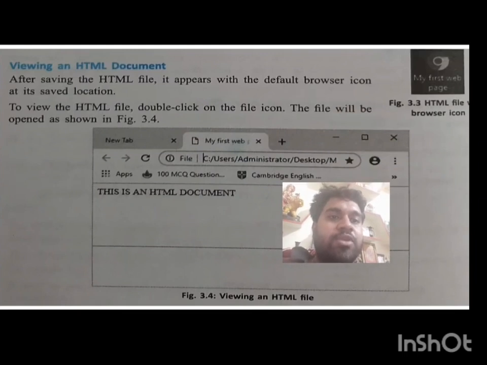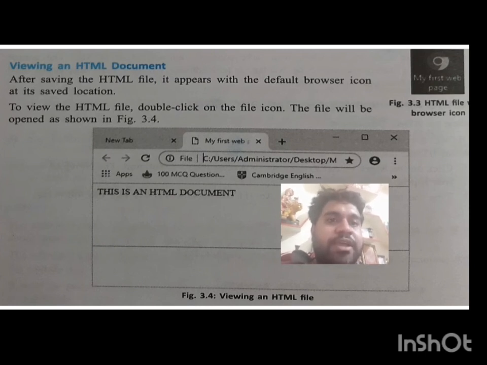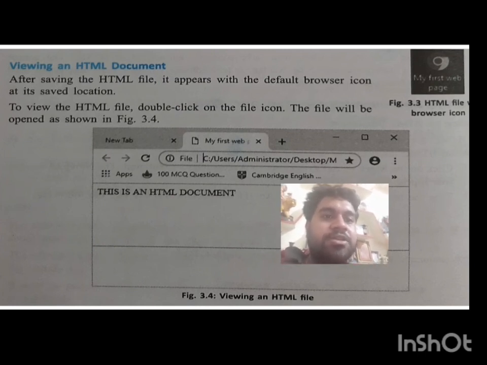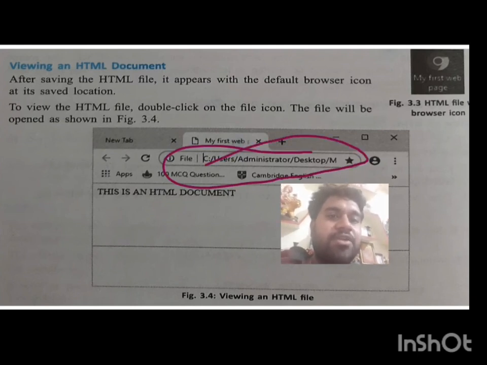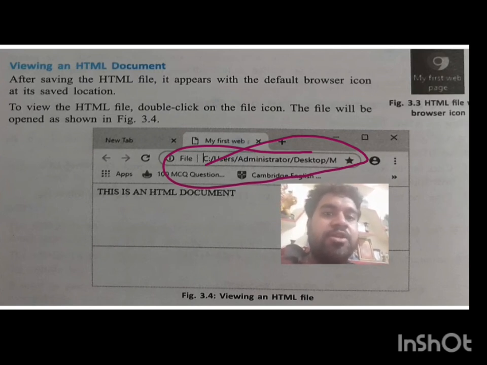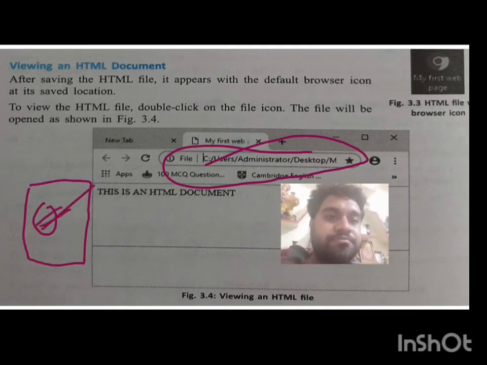For viewing, you will open your Explorer, or directly click on your file which is saved on your desktop. The Explorer will open, or you can open your Explorer yourself, and in this part you can write the address of your file. That is very difficult to learn, because the address goes through C drive, user, administrator, then desktop. So it is quite better to click on your file on the desktop. You will find your file, just double click on it, and you will get the result.